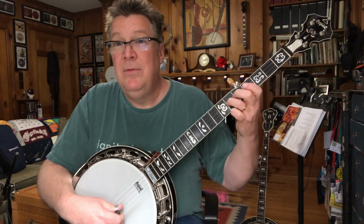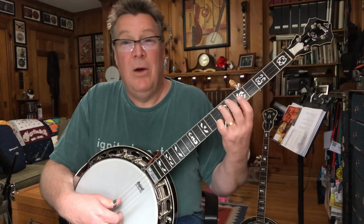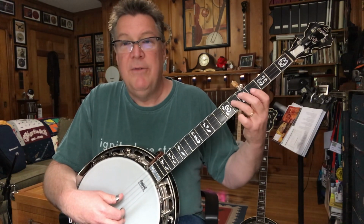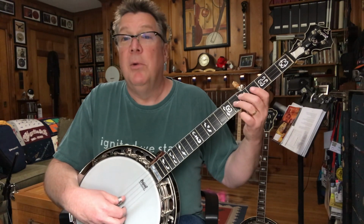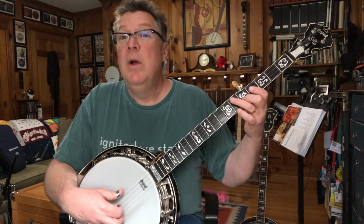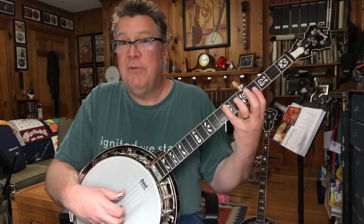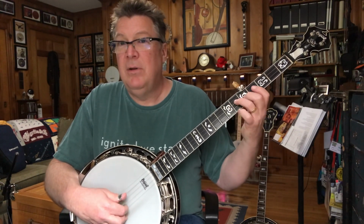Now the next line. In this one, I'm going to make a little bit of a position change right here. I'm starting off with my ring finger on the 3rd string, 6th fret, and I'm going 3, 1, 2. Now I need the A note on the 4th string, 7th fret. And instead of reaching down with my little finger to get that,